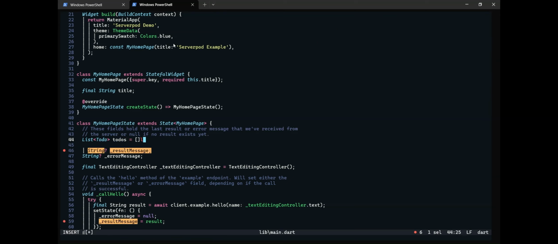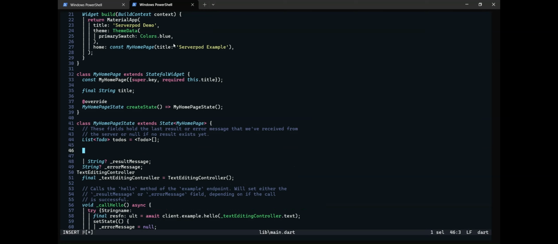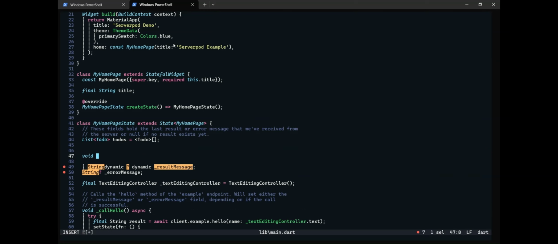As soon as our app launches, we want to fetch all the to-dos, store them into a local list, and then display them.